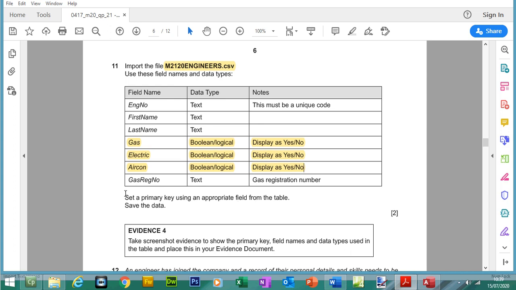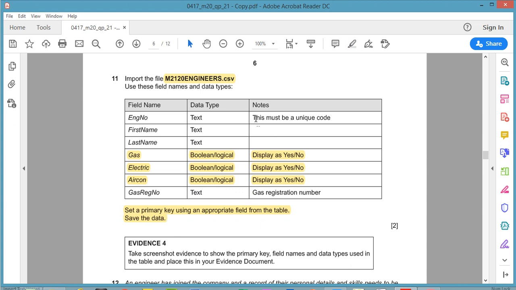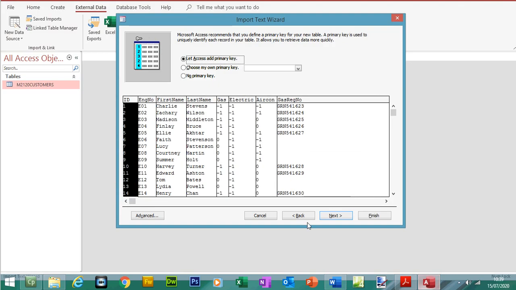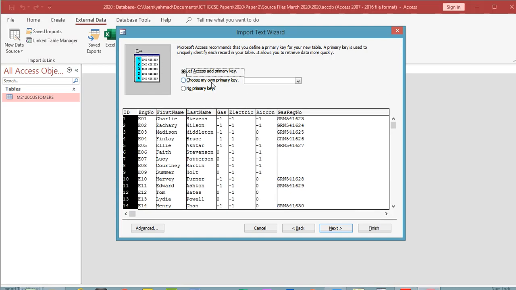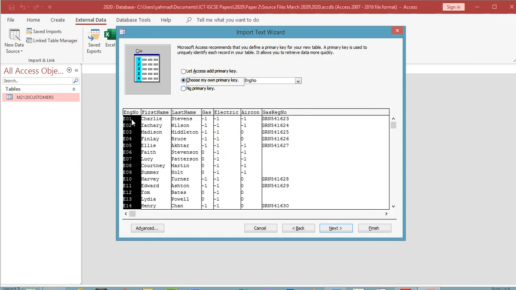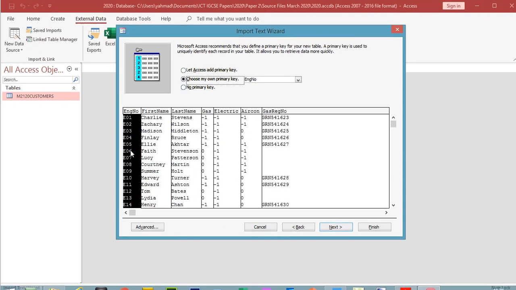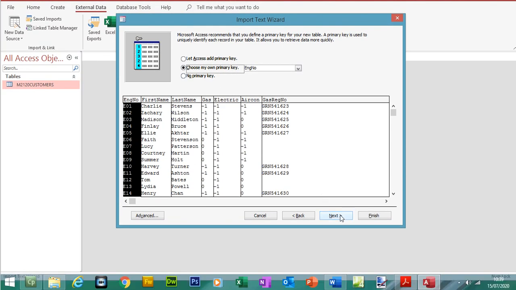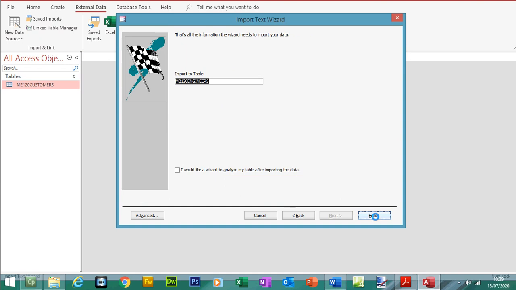Set a primary key using an appropriate field from a table. So again, we have to choose one ourselves. So look at the notes, the ENGNO, so maybe engineer number, is going to be unique code, so we can set this one as the primary key. So remember, the primary key contains unique values, and these numbers seem to be changing for each record for each engineer. Next, finish,